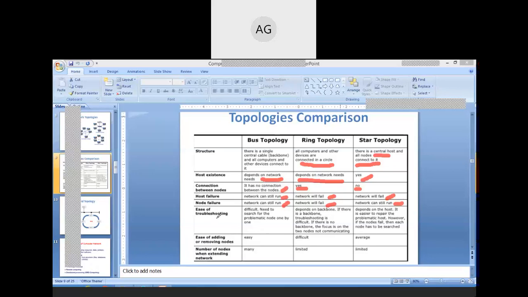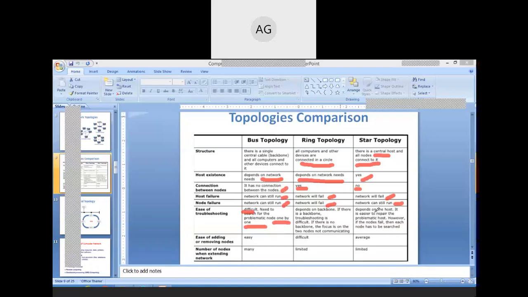Then the next point of difference is ease of troubleshooting. In the case of bus topology, it is difficult to troubleshoot. You need to search for the problematic node one by one. In the case of ring topology, it depends on the backbone. If there is a backbone, troubleshooting is difficult. If there is no backbone, the focus is on two nodes not communicating. So it is also very difficult to troubleshoot in the case of ring topology, whereas in the case of